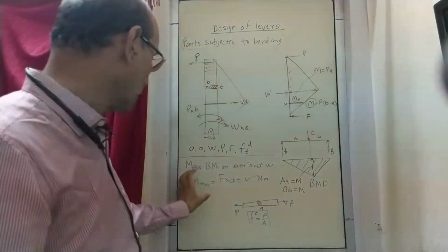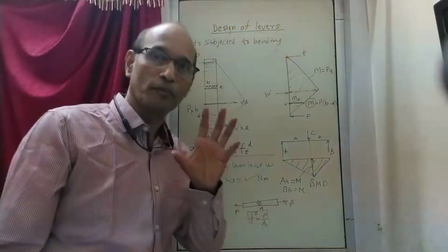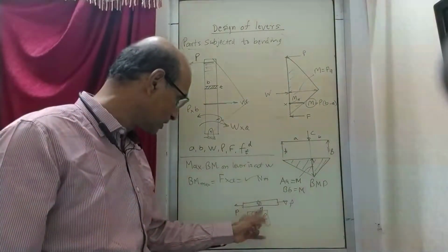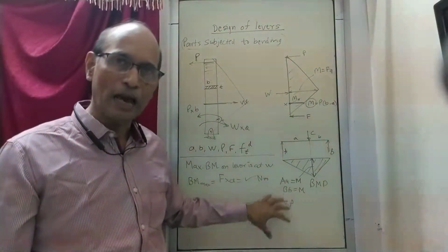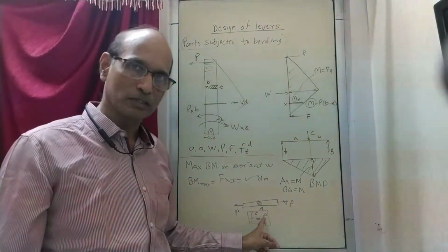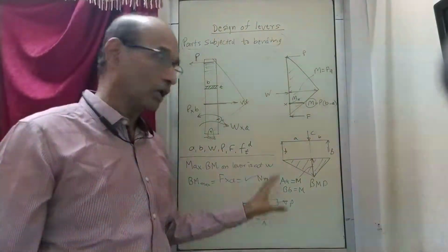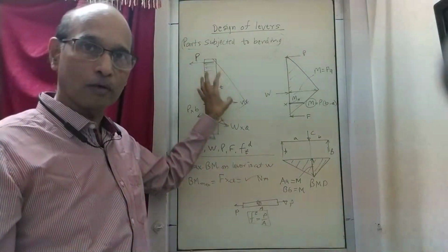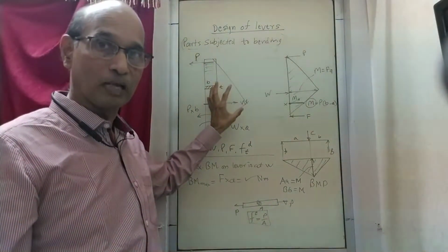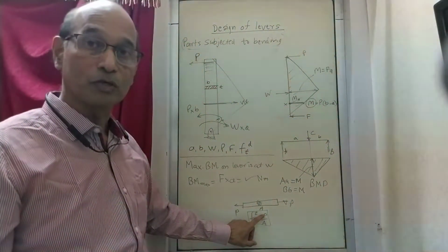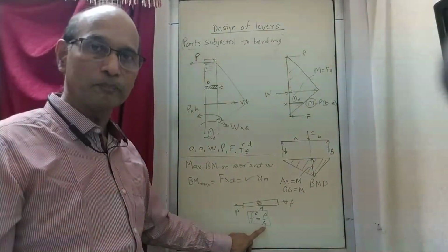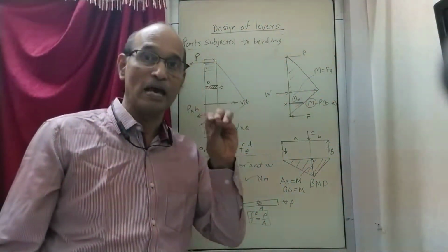Now in this case, we have got bending moment with us, and we are in search of a design equation. Can you use this equation here? No, because this equation doesn't contain moment. Here the externally applied parameter was force, and this was a design equation which was using force, stresses and the dimension. Now here what is applied from outside is not force but moment. So you need a formula which will consist of moment instead of P, it should consist of stress, and it should consist of some parameter which contains the dimensions inside.